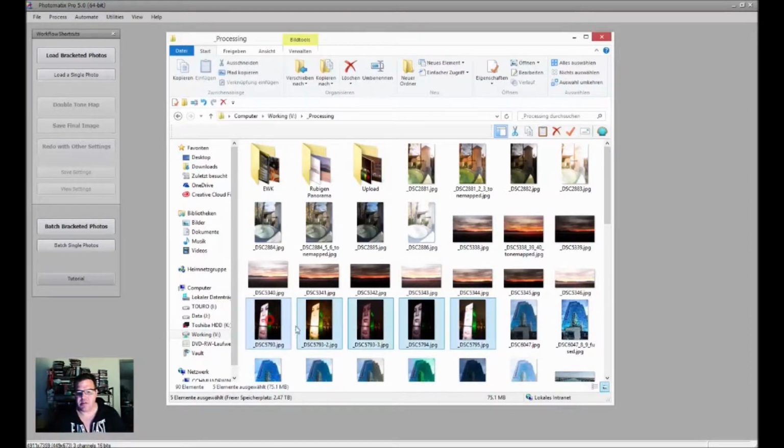Down here you see the 5 images. Probably this is the normal exposed, that's the underexposed, and that's the overexposed. And then I have my 2 versions here. I have a version where I like the green, and a version where I like the face pretty much. Now I'm going to go back to Photomatix